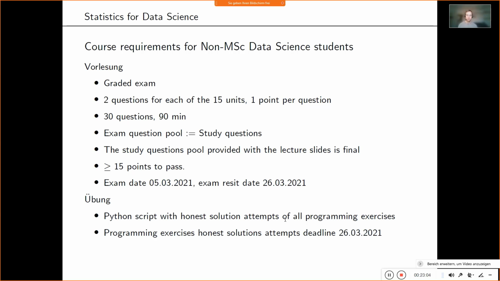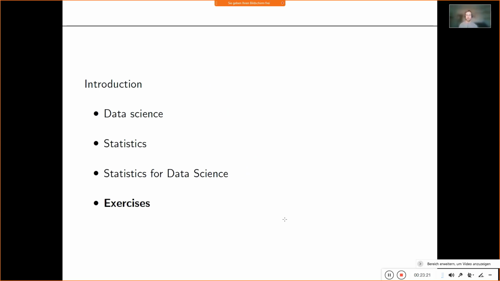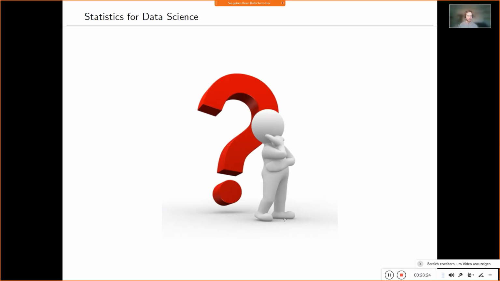So for those people again who are not data science students but who are joining us from other programs, feel welcome. There will be an exam, you will have to do programming exercises, and you will get a mark. Good. Behind this there's exercises. Okay, we keep that for later, so we can do a round of questions now. We can do 10 minutes of questions, and then I have to stop this because I have to go to the next course. We then meet again at 1 p.m. and continue our question round. Okay, so hit me with questions.